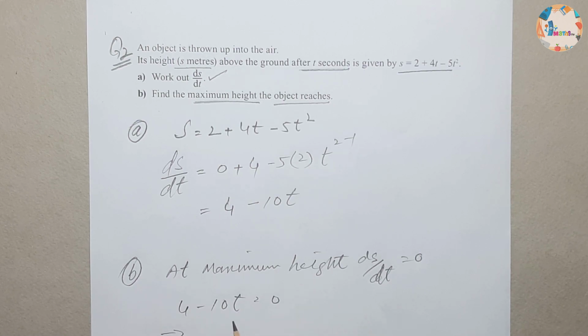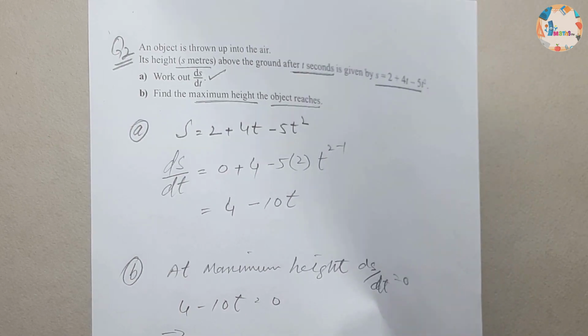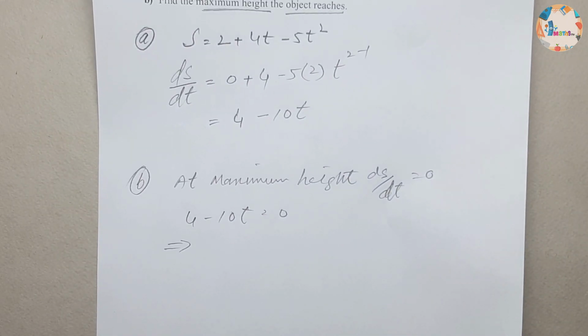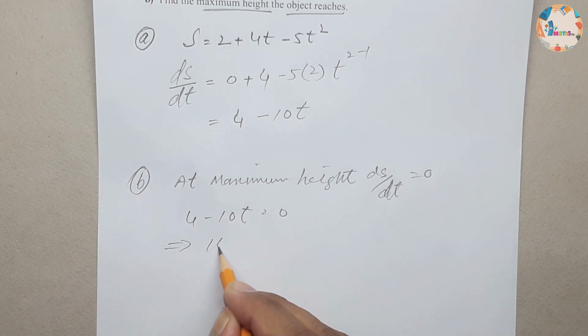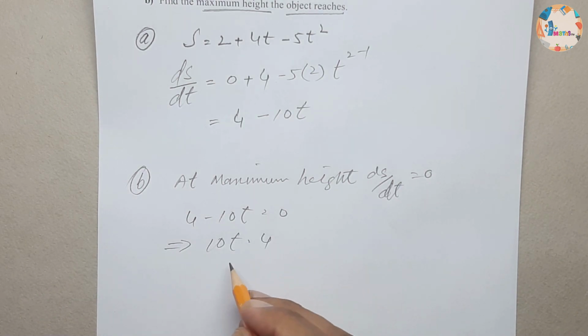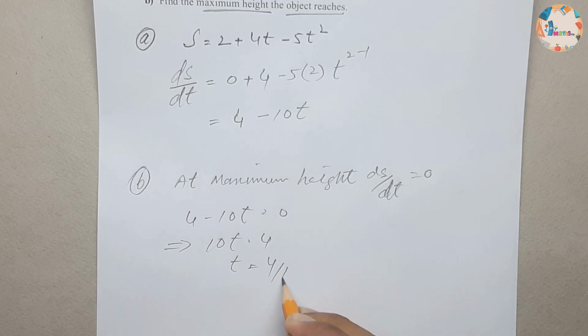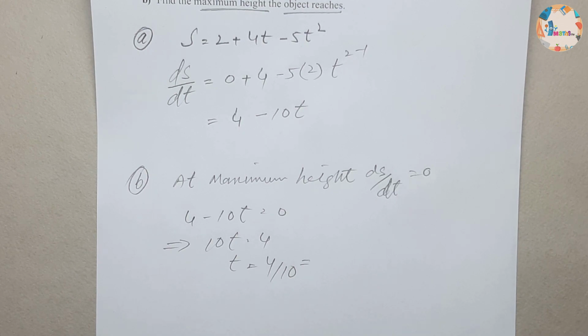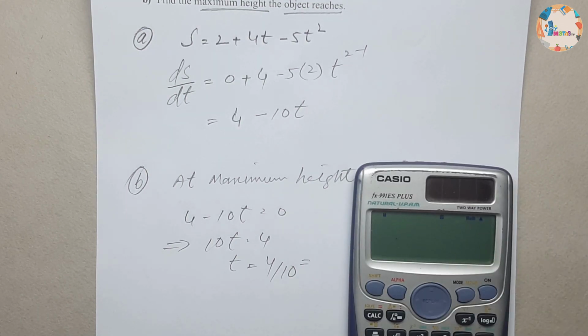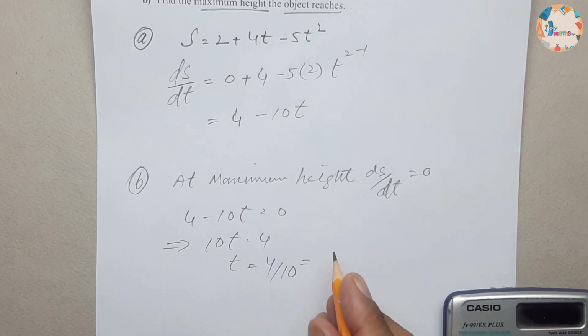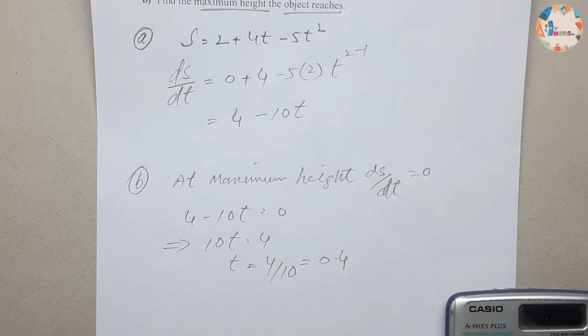This implies 10t is equal to 4, and t will be equal to 4 over 10. We can use a calculator to find this. 4 divided by 10 will be equal to 0.4. So 0.4 will be this value, and now this value of t we will be replacing in this given equation,